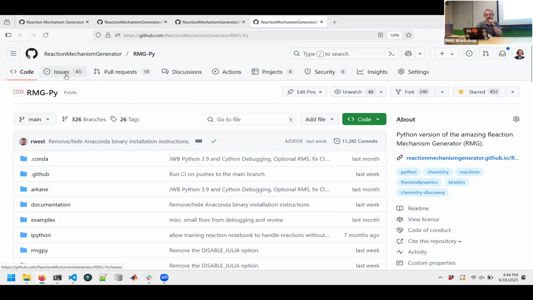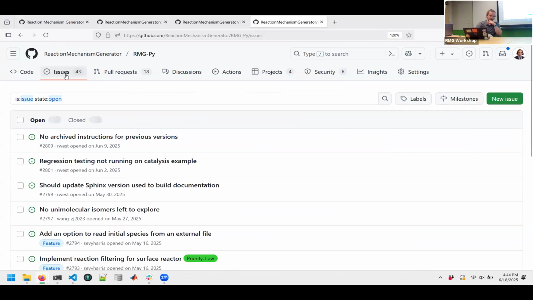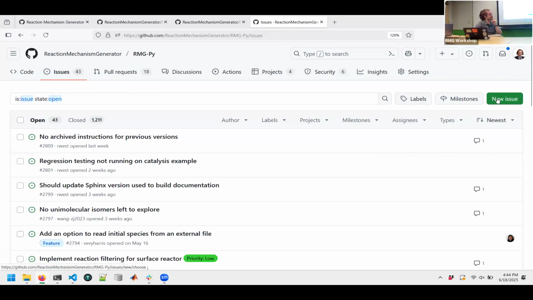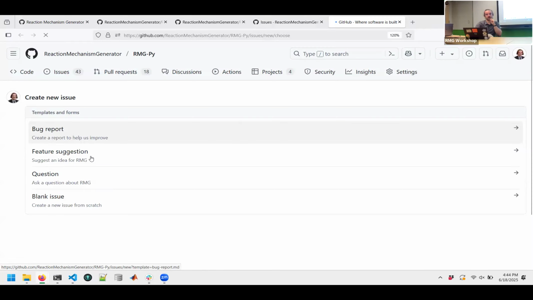So first and foremost, if you have a problem installing RMG or you get an error that you don't understand, or your mechanism looks totally wonky, you can come here and you can open what's called an issue. So you'll click this new issue button in the top right. And then what that will allow you to do is fill out a template. There we go. Yes, so if you've identified a bug, you can label it as such. If you have a request for something you'd like to do, if you have a question just about the general usage of RMG,